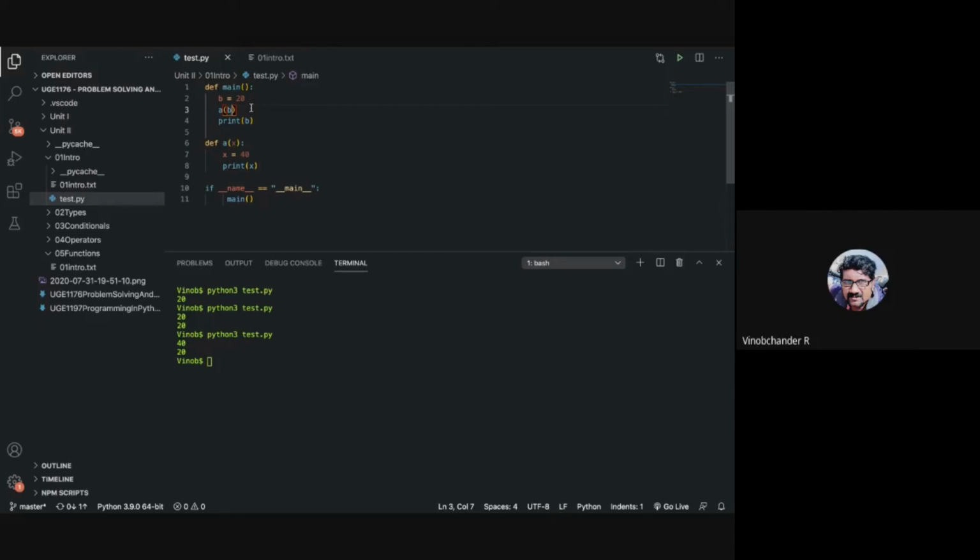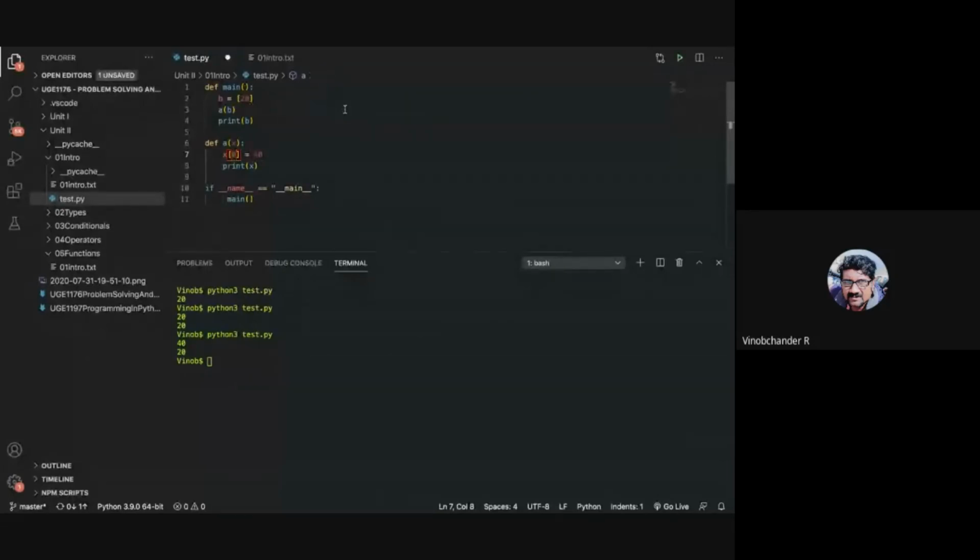And any type that is mutable is called by reference. Now that we have seen call by value, let us have a mutable type and see call by reference. Say this integer is immutable. Let us make this integer a list, and let us have this 20 again within this, or you can have more numbers. So now you have B, which is a list, and you are calling B here and printing B here. Inside the function, let me modify the first element. Since I have got only one element, let me modify the first element, again say 40, and print X.